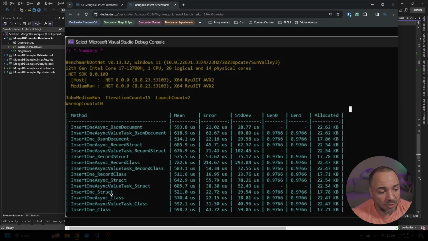If we go a little bit lower, insert one struct is 521. So that is pretty good. That's comparable. But if you look at the data that we have here, 514, 511, 521, these are extremely close, right? The one that was a bit of an outlier was the record struct here. Yeah, I don't really know if I have an explanation for that compared to the others. To me, they all seem extremely similar, right? I mean, the data says here, don't use a record struct, but the other three flavors that we have,